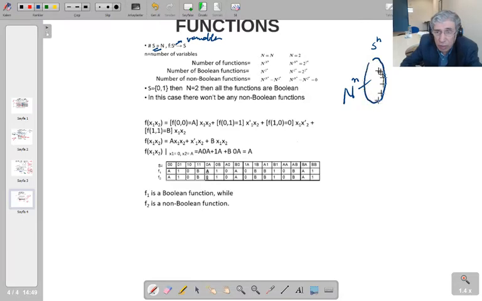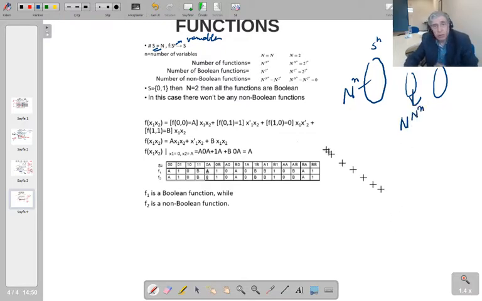So you've got that number of elements. If you define a function between these two sets, the number of functions that you can define here is n to the power small n. So these are the functions, the whole total number of functions. This shows you the number of Boolean functions that you can define. Why is it this? Because in the Boolean functions, only 0 and 1 points are included,